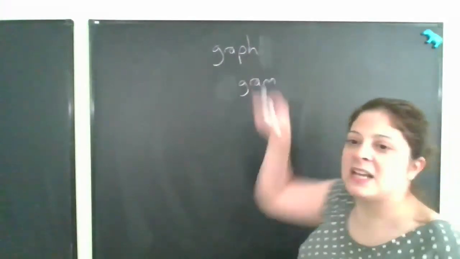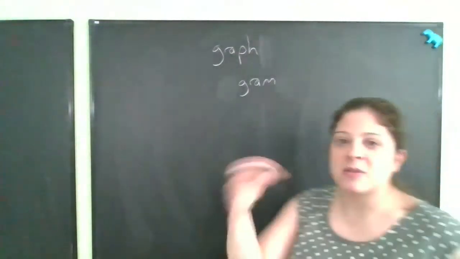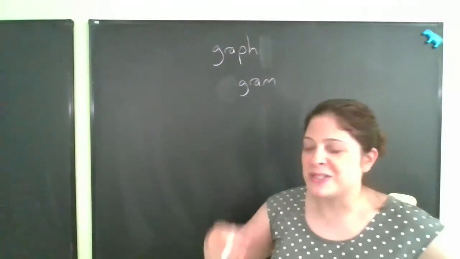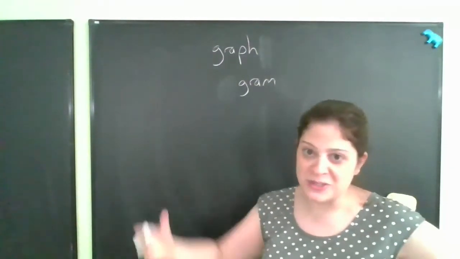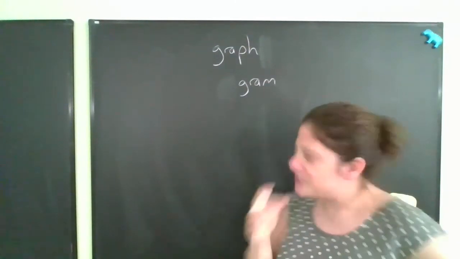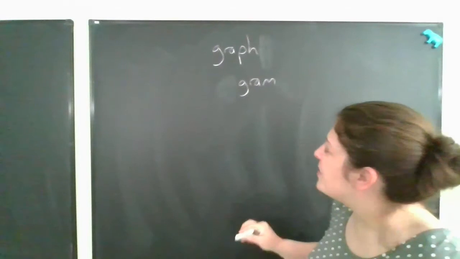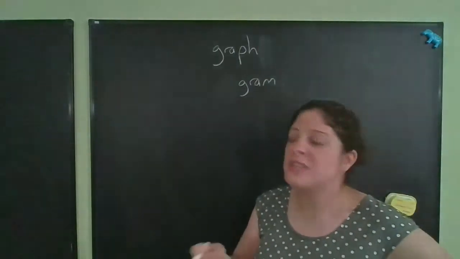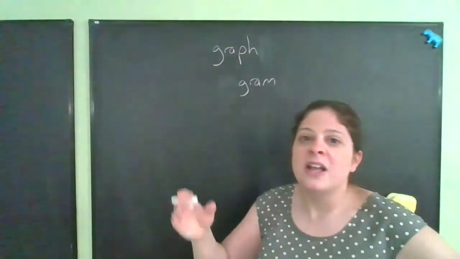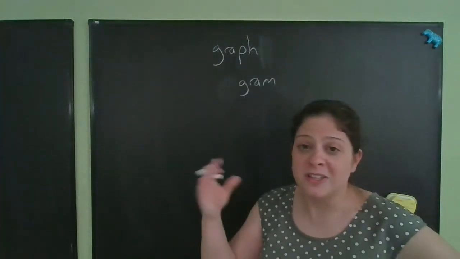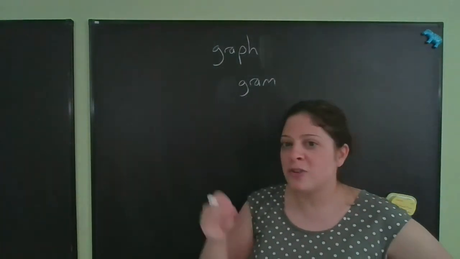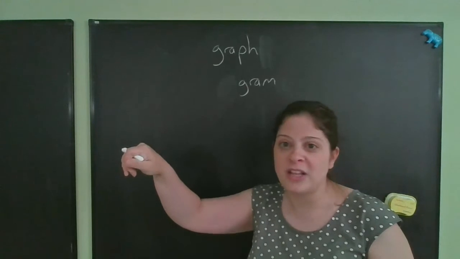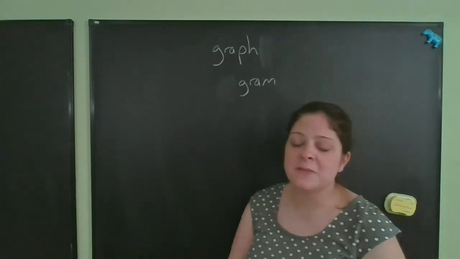So the graph is indicating a doing of an action. The gram indicates something that has been done. Often this passive root is used to create nouns because it is like the act of or the result of this having been done. This can be seen, for instance, if we compare an electroencephalograph and an electroencephalogram. An electroencephalograph is an instrument that is writing out, recording the activity of the brain, the encephalos, the brain. The electroencephalogram is the thing that has been written. It's the readout. So it's the difference between the thing doing the act of writing and the thing that was written. It's already been completed.